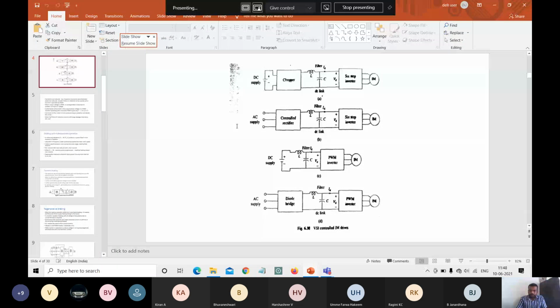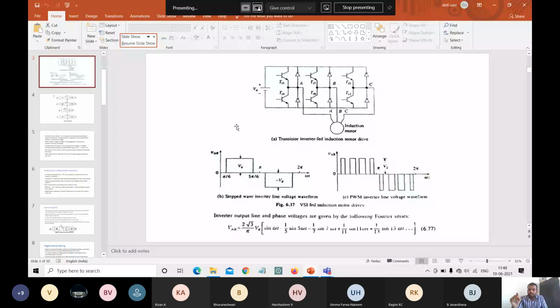So here we have the main transistor inverter fed induction motor drive. Here we can use the TR1 and TR4 pairs. TR1 and TR4 are one phase, TR3 and TR6 are another pair, and TR5 and TR2 are another pair. So here, just by the inverter,